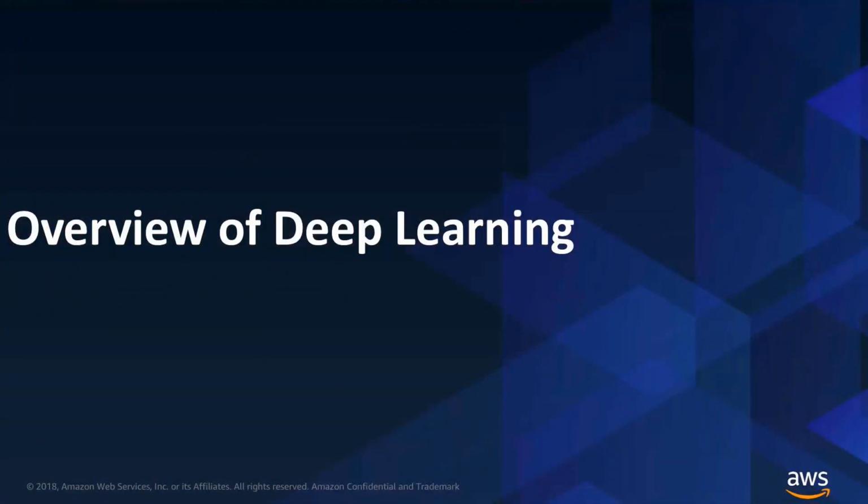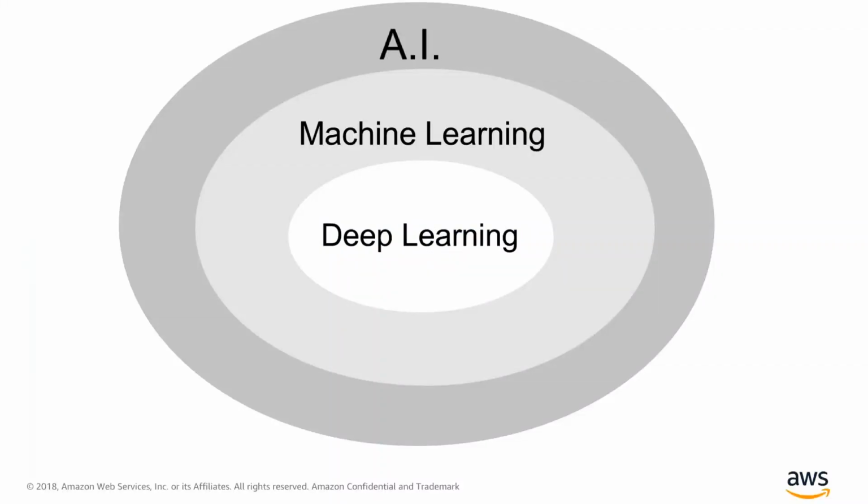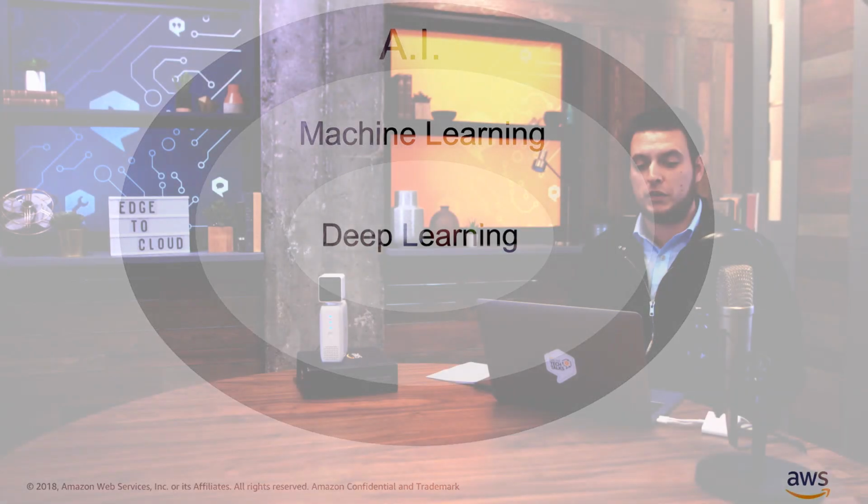So to start things off, we're going to give an overview of deep learning. And the best way to understand what deep learning is is by considering it in the broader context of artificial intelligence. Generally speaking, artificial intelligence is the field of techniques and methods that we can use to make a machine behave intelligently. Pretty straightforward. There's a subset of these techniques that consist of algorithms that learn to behave intelligently by observing past behavior, so historical observations. This subset of algorithms is what's called machine learning. These are algorithms that look at historical behavior and learn some sort of intelligence from that behavior and leverage that